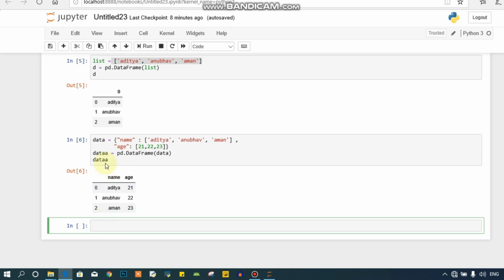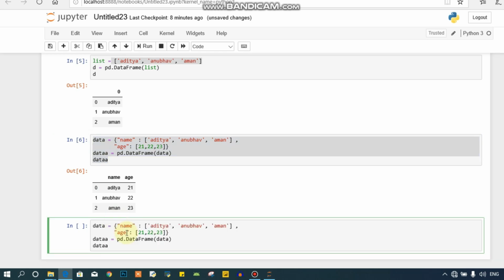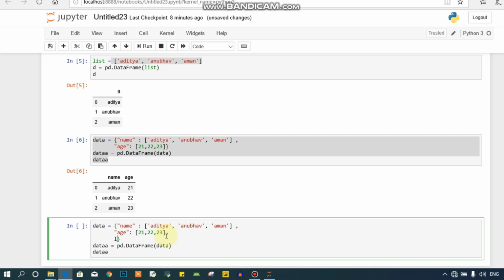I'm going to copy this code here, Ctrl+C, and after the age I'm going to add one more column. Let me name this last name, and I'm going to pass inside the list the last names: Pandey, Srivastava, Kumar. So I have passed this last name.